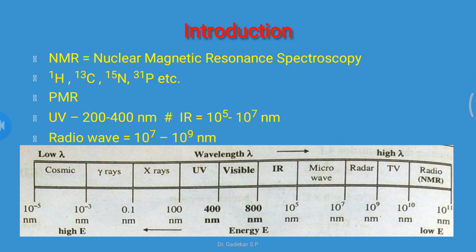So we use UV spectroscopy for the determination of conjugation. Homoannular dienes, heteroannular dienes, and different types of conjugation are identified by using UV spectroscopy. Similarly, we also discussed IR. In this IR spectroscopy we discuss